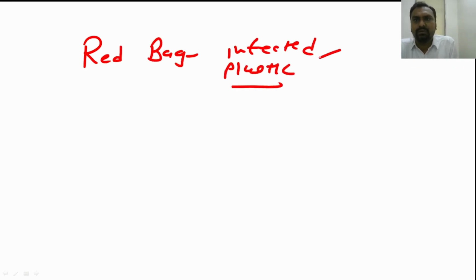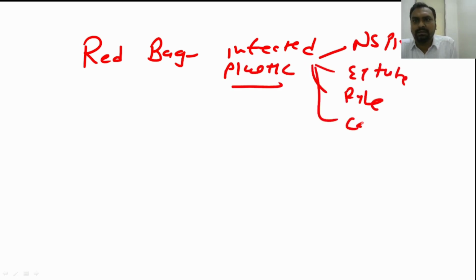And mainly in the red bag we keep all the infected plastic material. It will include the normal saline pints, ET tubes, Ryle's tubes, catheter or ventilation tube, or even eye